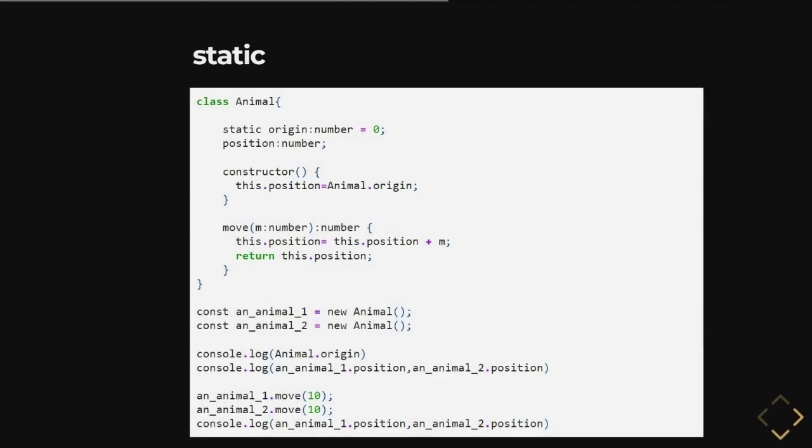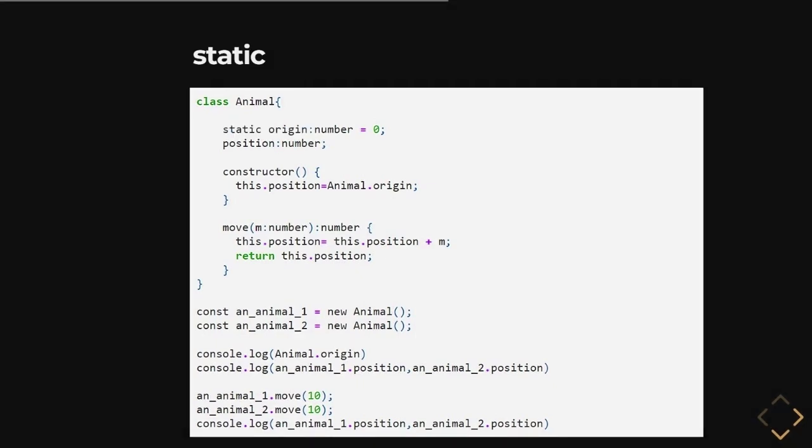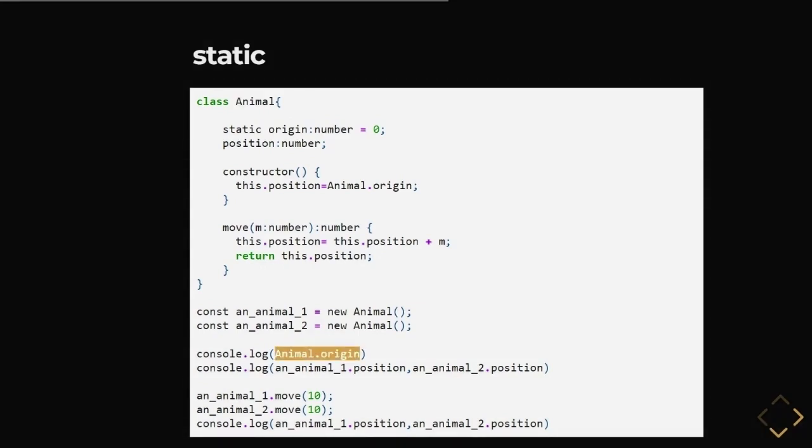Besides the formal modifiers, there is one more, static. A static element belongs to the class instead of the instances. That is, it is shared among all instances of a class. For example, origin will be present in all the instances of the class Grid and will have a unique value